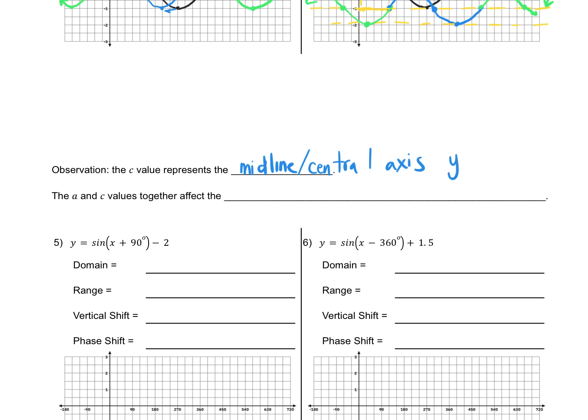So our midline is at y equals whatever that C value is. And then if we combine our A value and our C value, which I know our A value hasn't changed, it's just a 1 at the moment, it will affect the range. So our maximum is going to be the midline value of C plus the amplitude. The minimum is going to be the midline minus the amplitude. And then together, that will give you your max and your min. All right,